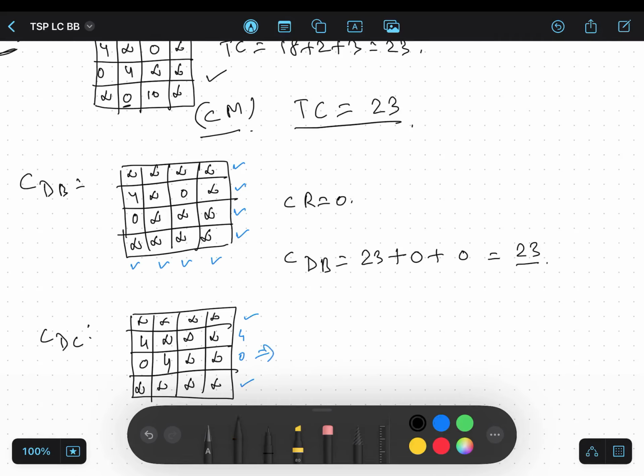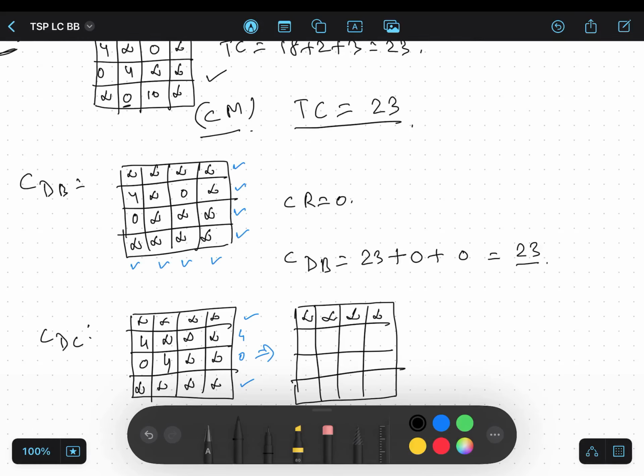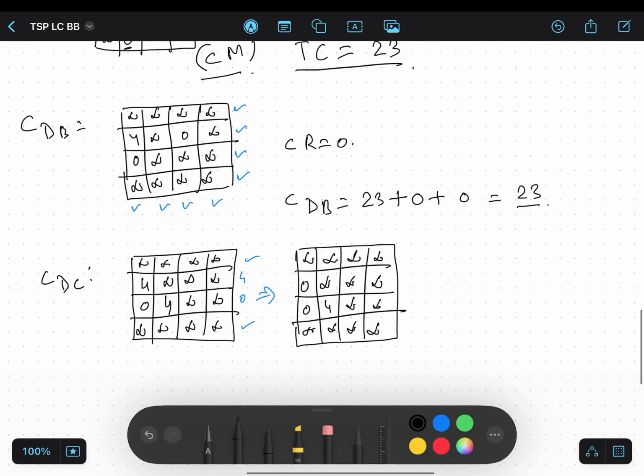So reducing the row: zero, infinity, infinity, infinity, 0, 4. Now let's look at the columns. This looks good. The minimum is 4. This looks good. This looks good. So reducing the column,